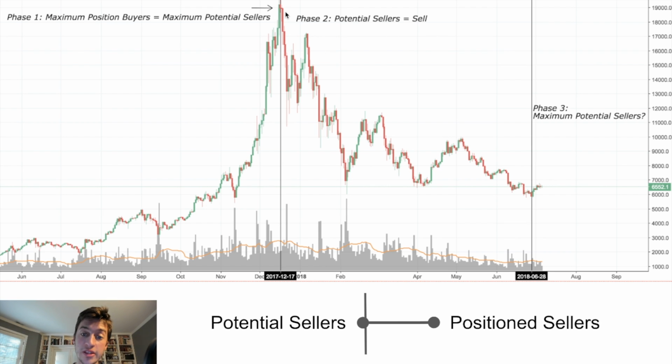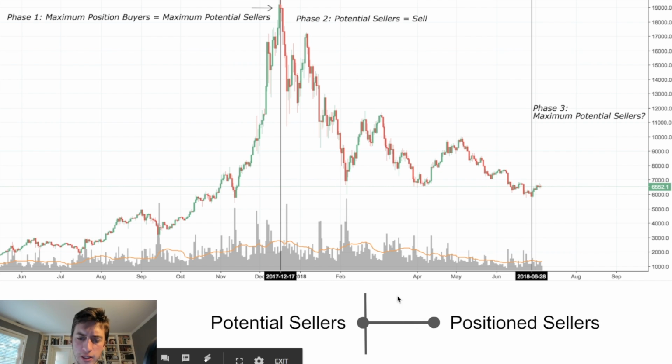Phase 2 here, you can see that the potential sellers sold and price went down. Now, I labeled phase 3 here, but I don't know for sure if this is going to be the final reversal. It may or may not be, but if it is, then we may have reached the maximum amount of potential sellers. As when the pendulum's switching, from like here to here, as it may have at the price point